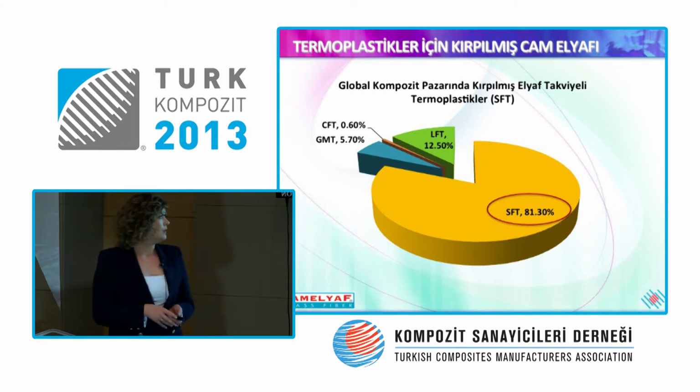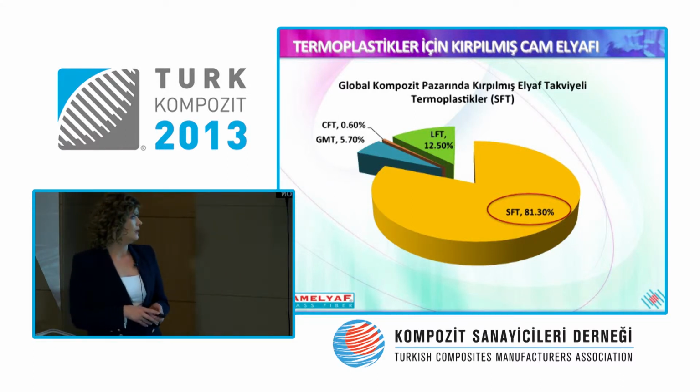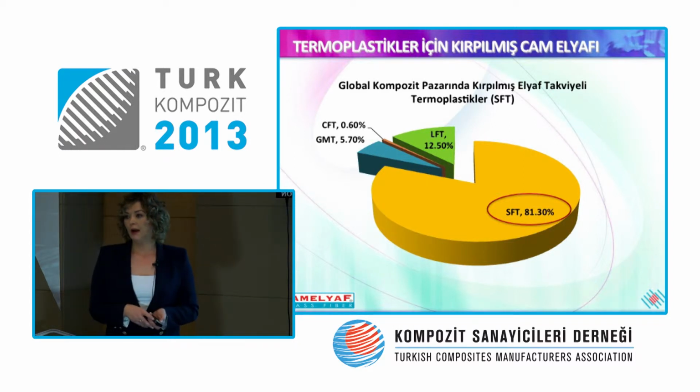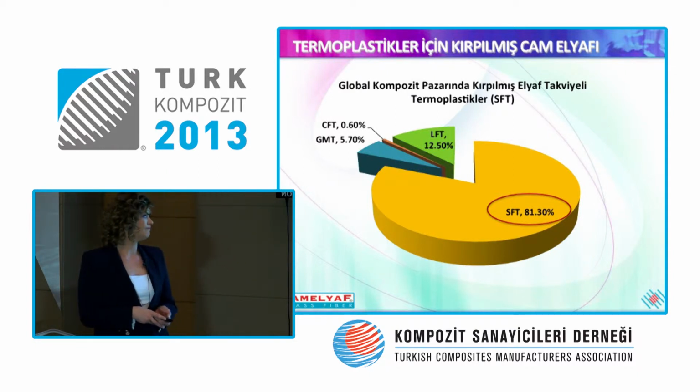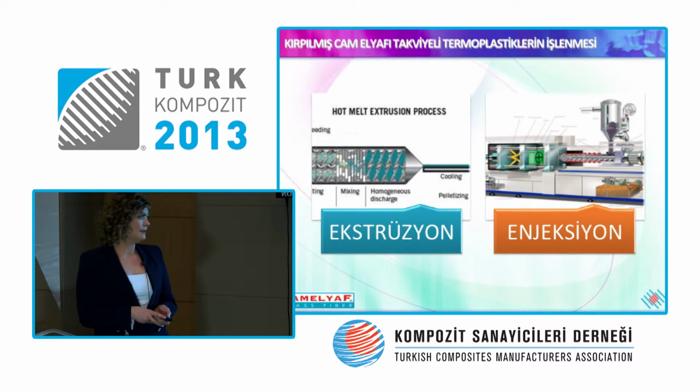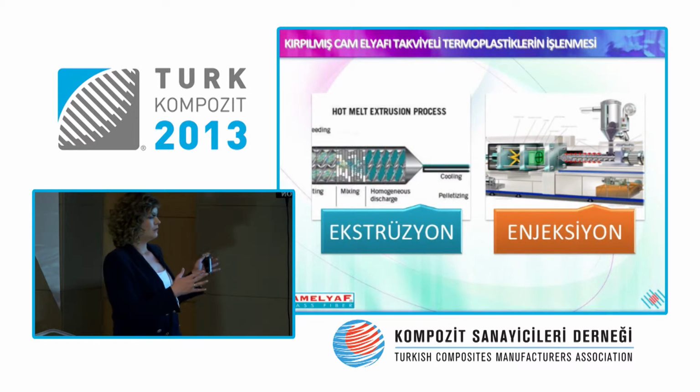Thermoplastics, well, let's look at product groups and products based on thermoplastics. We can see that short fiber thermoplastics, which is chopped glass fiber, has a share of 81.30%. This is the highest level, so it's the most commonly used in the plastic sector. Thermoplastics